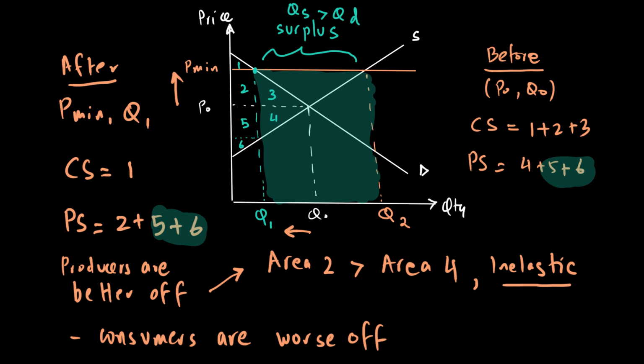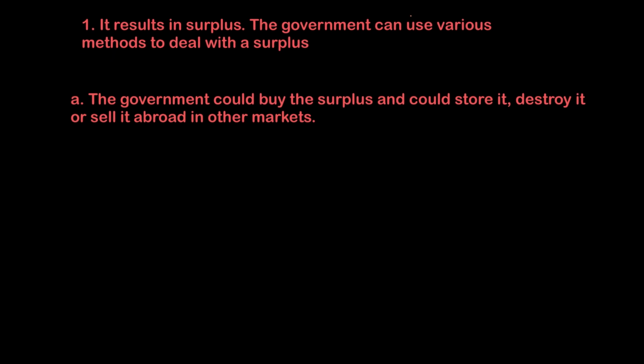So now the income that the producers will get will be increased, because they were already getting P min times Q1, they were already getting this area because that was what consumers were buying, but now it's going to be P min times Q2 as the total income. So that will be good news. So when the government buys this surplus, of course, the producers